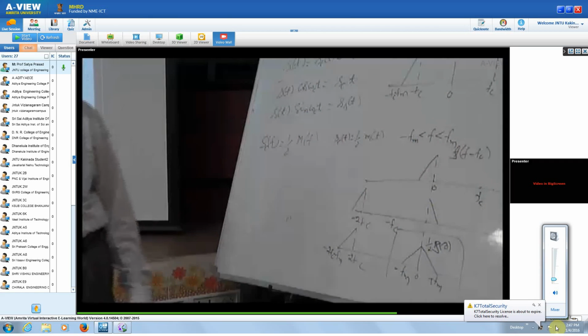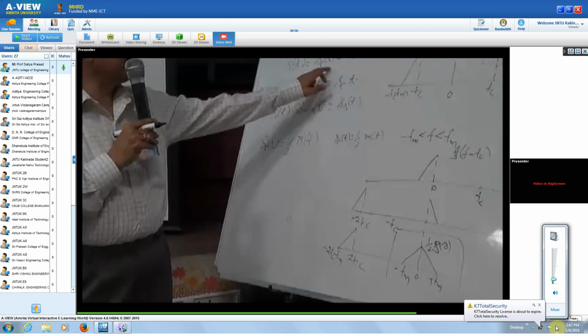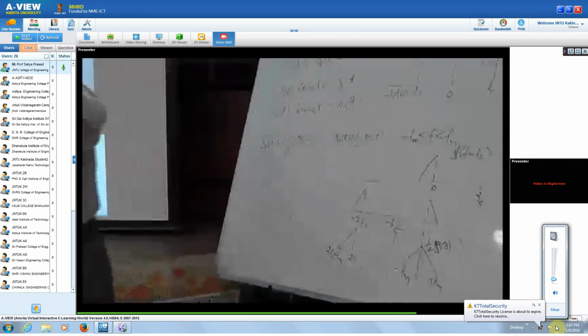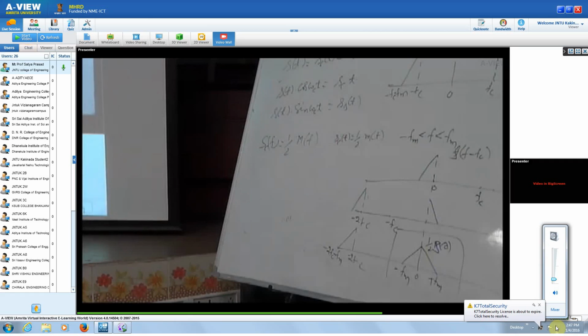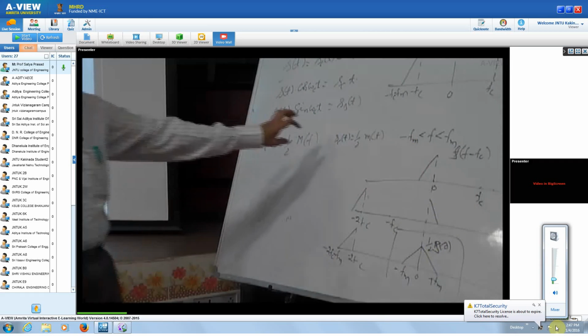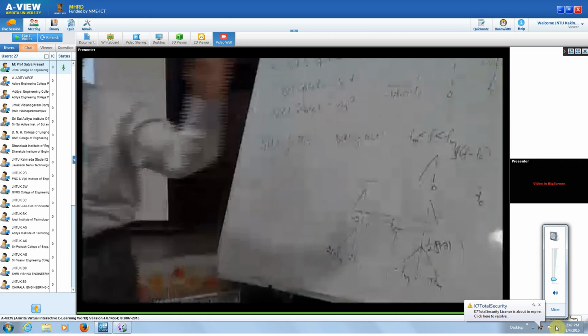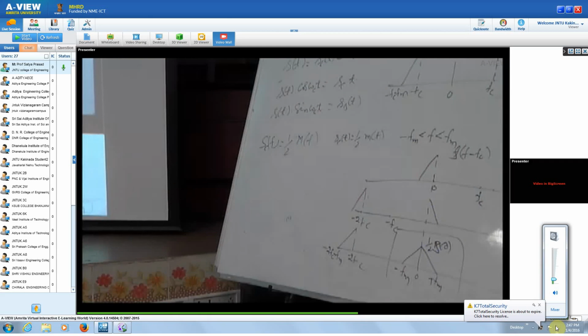So SC of t is proportional to your m of t. Okay? Because this is what we have obtained with all the frequency domain representation and your pre-envelope representation and